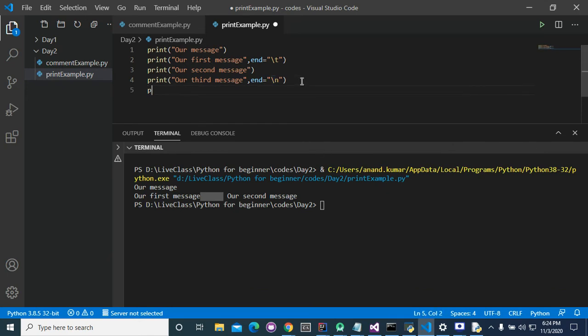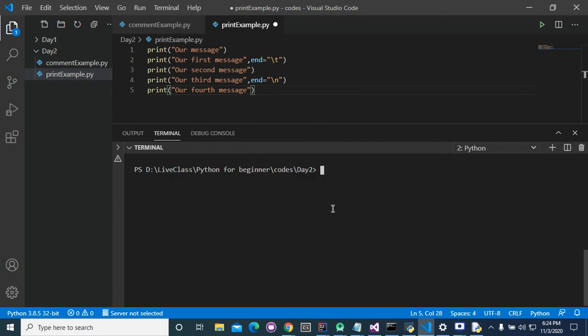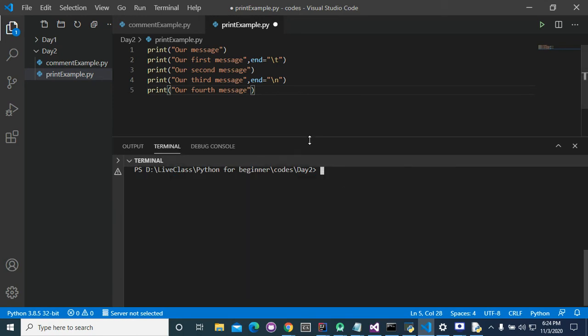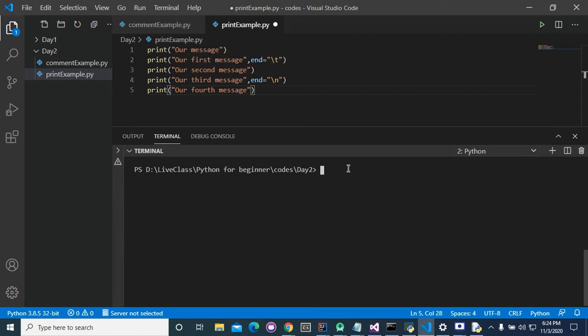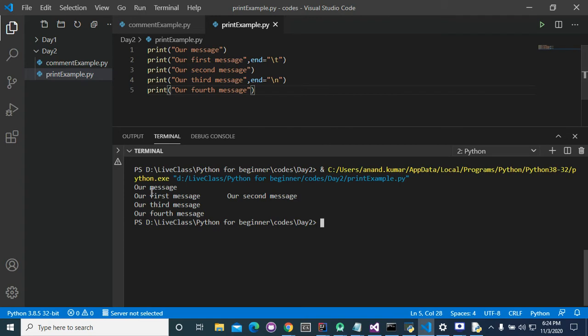Okay, let's add one more message, our fourth message. Can anyone predict the output? What can be the output of this program? Let's run this. Firstly, the first output is our message.